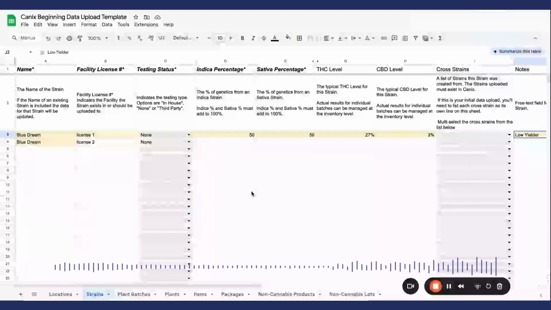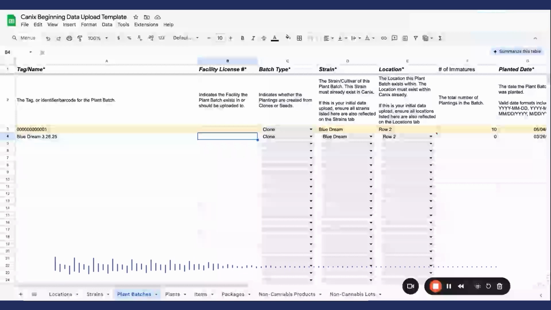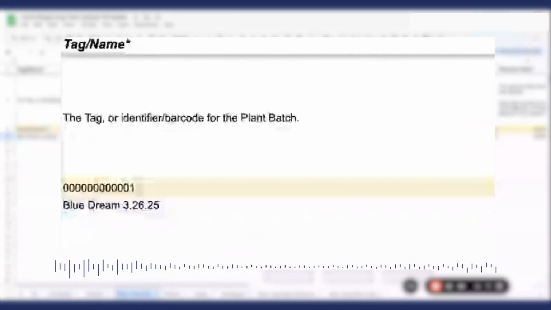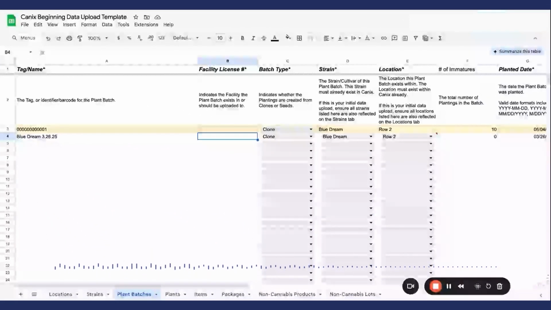Now that we have our strains here, we're going to use those strains and the locations that we created in the first step to create our first set of plant batches. Plant batches are a collection of immature plants before you reach the vegetative stage. This will be either assigned a tag number or a plant batch name. And if you're doing a name, the naming convention is generally related to the strain and the date that it